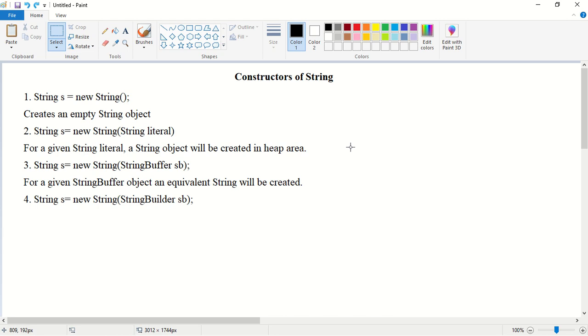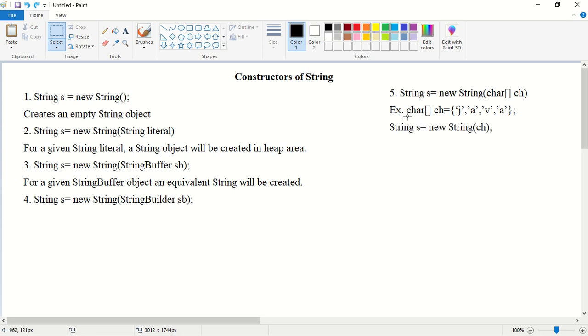So the next constructor is, given an array of characters, if I want an equivalent string, then I can make use of this constructor. For example, consider this character array ch and the contents are j, a, v and a. Next, I want to convert this array into a string. So how to convert?